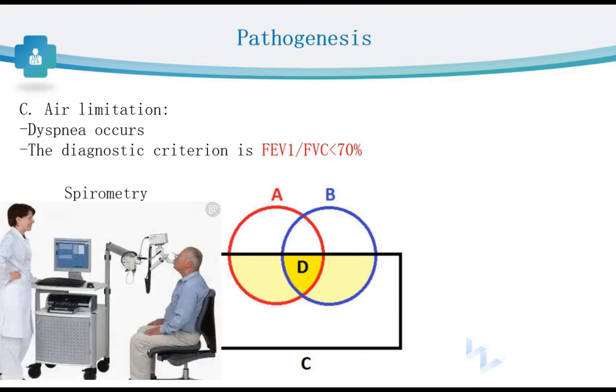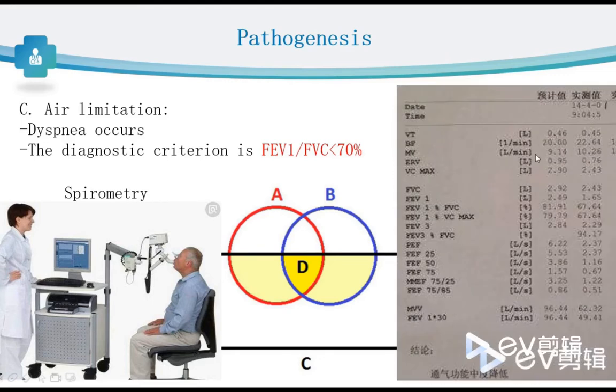This picture shows the spirometry examination. We can see a patient sit on a chair and use his mouth to do respiration with this machine and without nose respiration. And finally, we will get a report as this one.